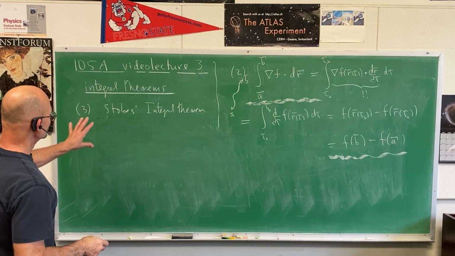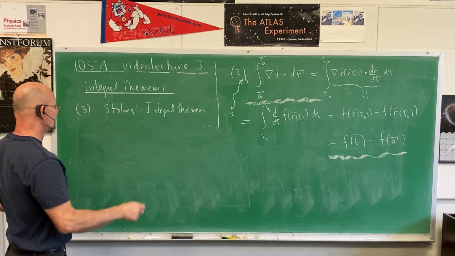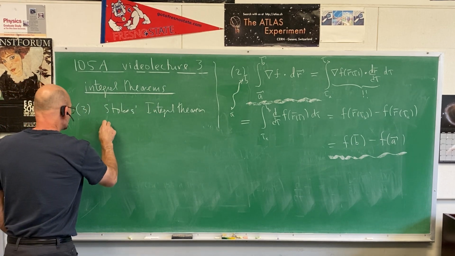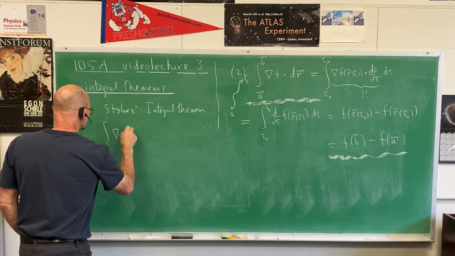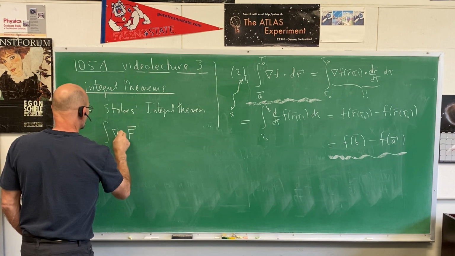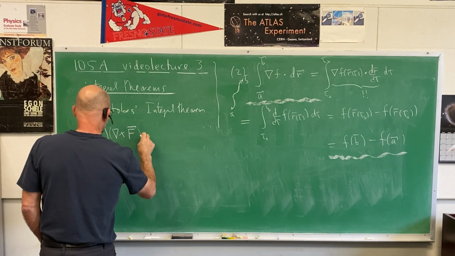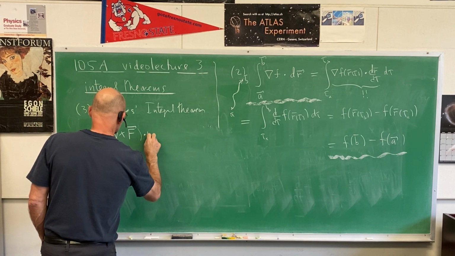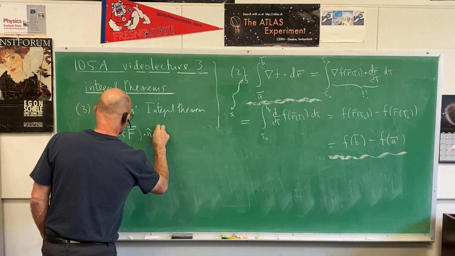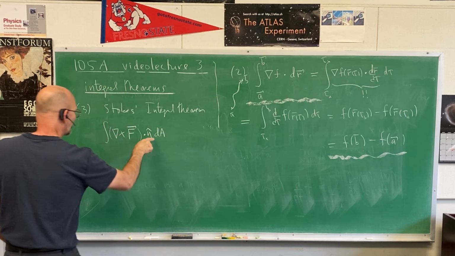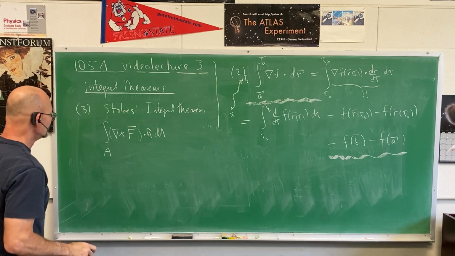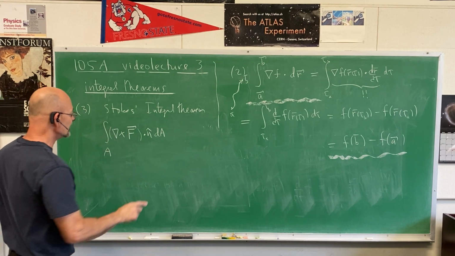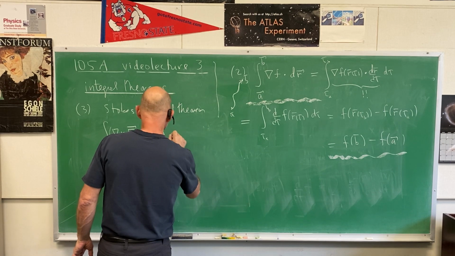Well, you remember them by what I just had there. It's the integral over a derivative, in this case, the curl of a vector field. And this is going to be dotted into a surface normal. I'm going to call that area integral, a surface integral, so there's an area. See, so that's the integral over the derivative equal to